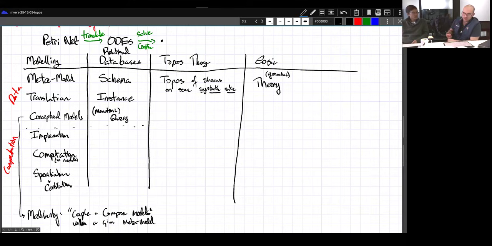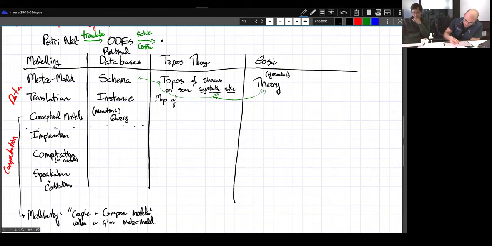Yes, exactly. So that's why it's a topos of sheaves on the syntactic site. The schema itself is going to be like the syntactic site, and that is a syntactic site generated by this theory. So you could also think of the schema as being a theory. The topos is something that is presented by that, and it's presented precisely by allowing you to do general computation. I'll come to that in a bit. Now an instance here is going to be a map of classifying sites